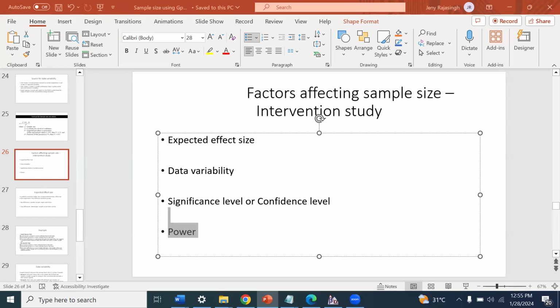But for example, if it is a rare disease, if your disease of interest is rare, even 5 to 7 is fine. But if your disease of interest is